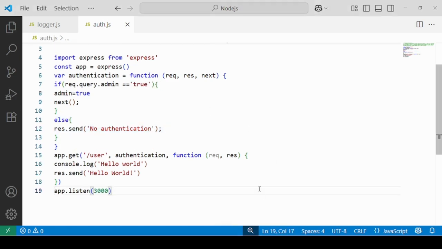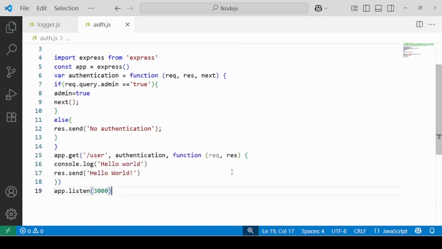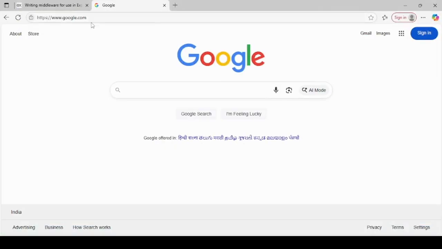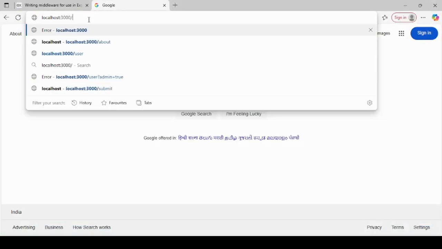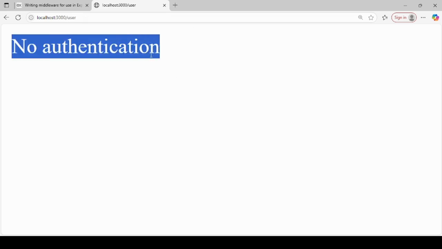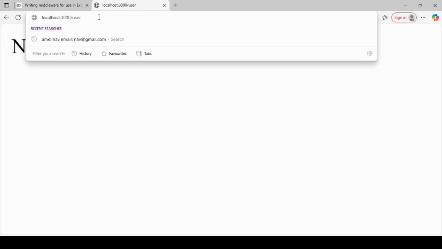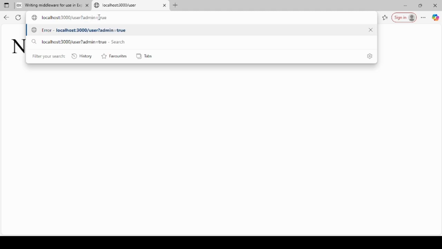Let's check the result. So you need to run node auth. So I'm going to localhost 3000 /user for now. So obviously it will say no authentication because I am not an admin. But now I'll be logging in as an admin. Admin equals true.